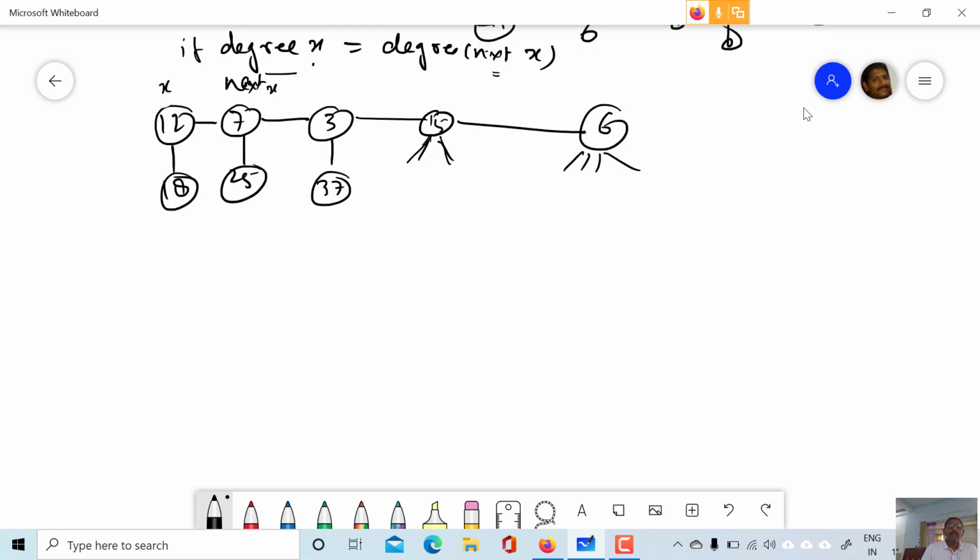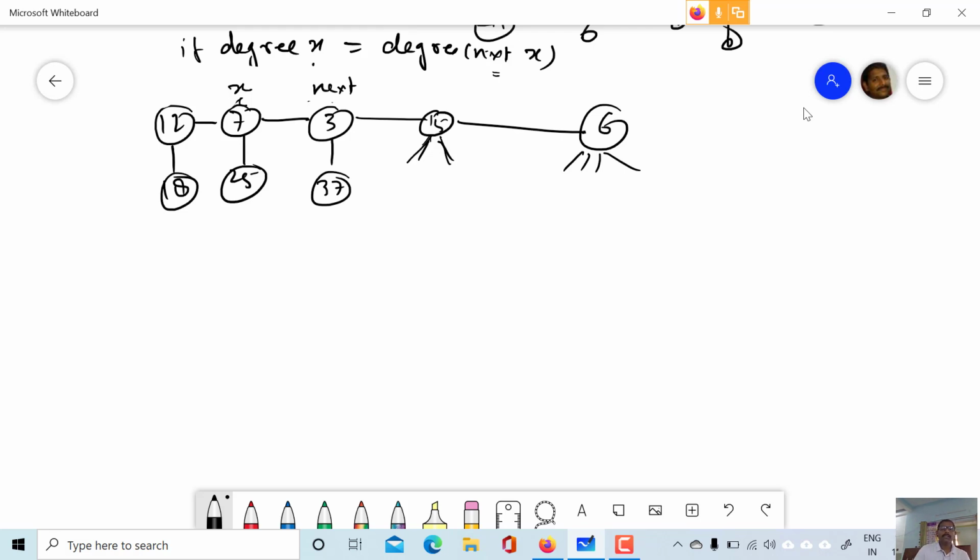First of all, we will shift X to the next X. Okay, we will shift X to the next X. So if we shift X here, then it will become X and next X. So in this way X will become the next X and next X will be shifted to its sibling. Now this node will become X and this node will become next X. Okay, we have to do the first thing.